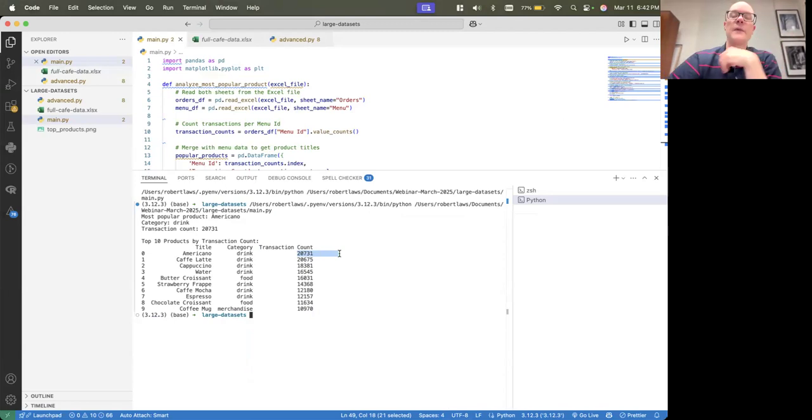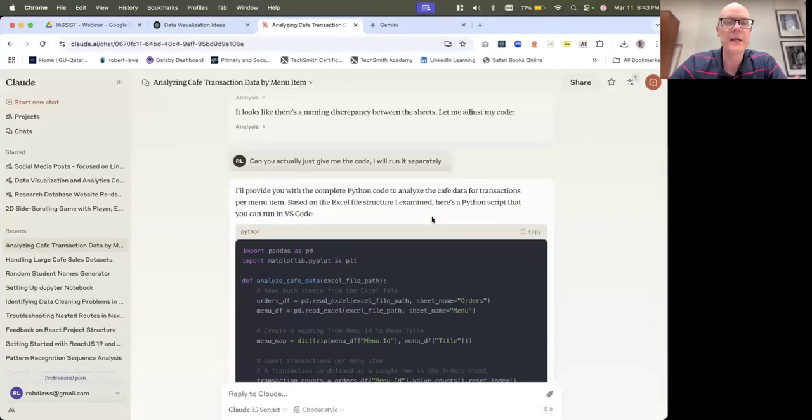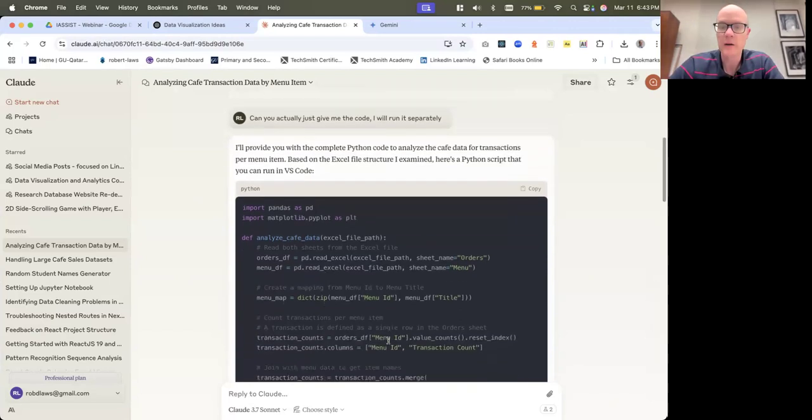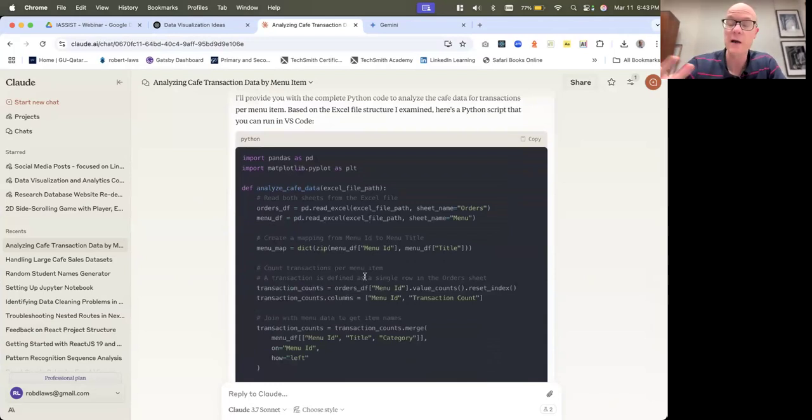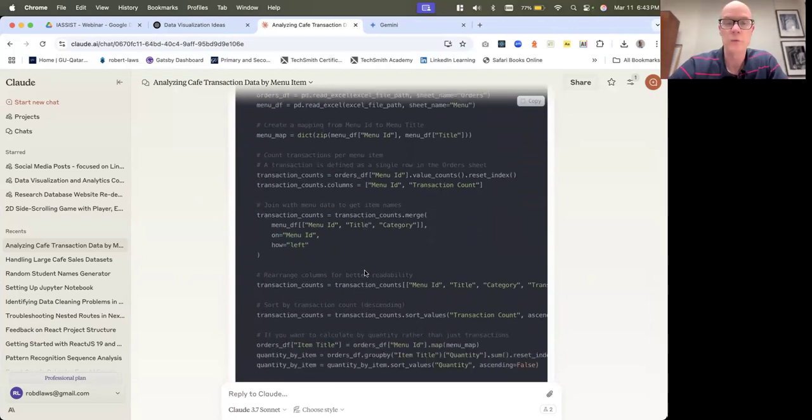So what this tells me is that the code that the AI produced was successful in working with the data set and actually producing the results that I was looking for. As a side note, I'm doing data analytics here, but this is where software engineers maybe need to take note, because the code that it produces the first time around was successful.